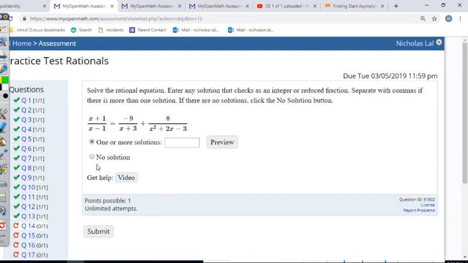Question 14. We need to find our solutions. Notice that this factors into x plus 3, x minus 1. So that's equal to 8 over x plus 3, x minus 1, and 8 over x plus 3 times x minus 1 plus negative 9 over x plus 3